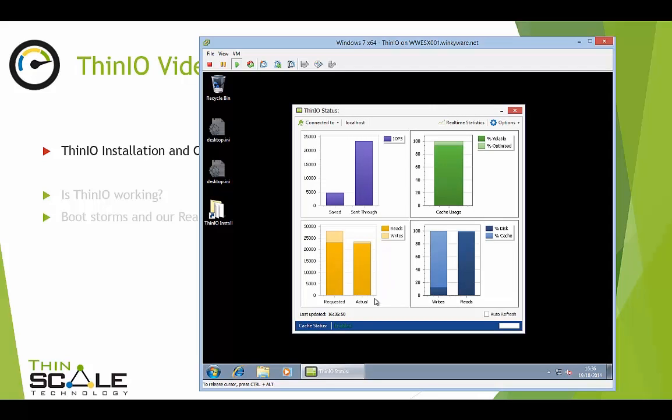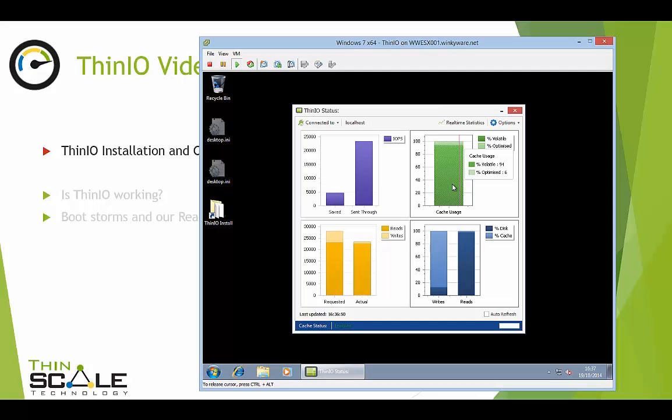Okay, so first of all the important thing is to see that our cache is enabled. I will walk through each one of these graphs. If we start here at the top, this just gives us an indication of how much the cache has been used, what percentage of that cache has what we call volatile data, so that's data that's been written, and our optimized data is reads, so it's data that's been read from the disk and is housed in our cache. So we can see already we're at a 94/6 split, so 94% of the data in our cache is currently volatile. That would have been all the writes that happened during the boot up and the login of this virtual